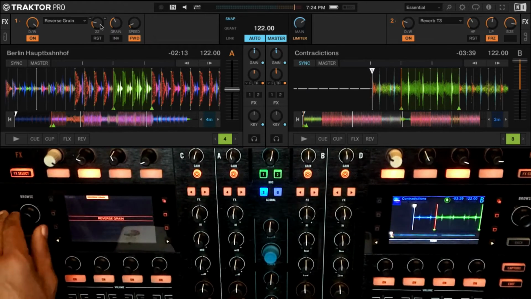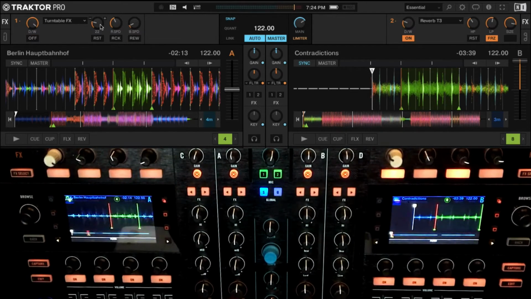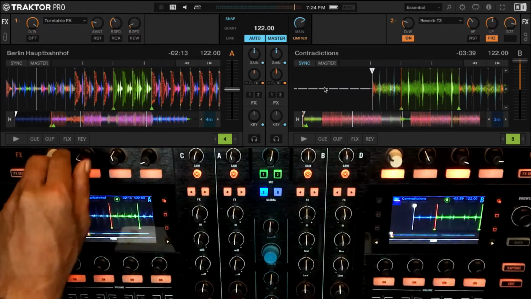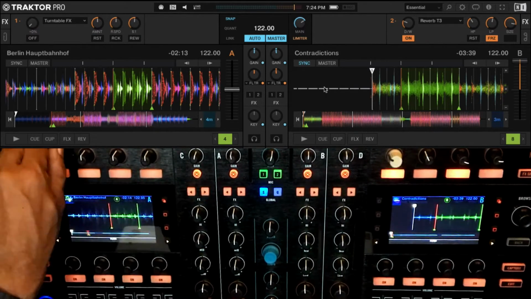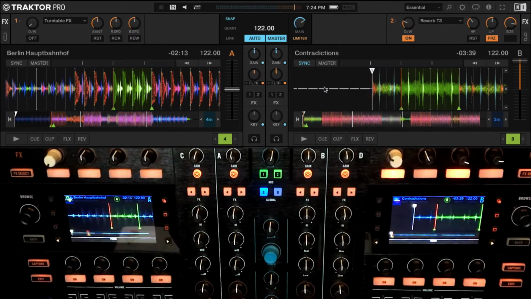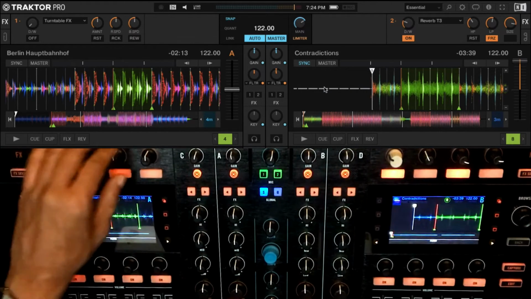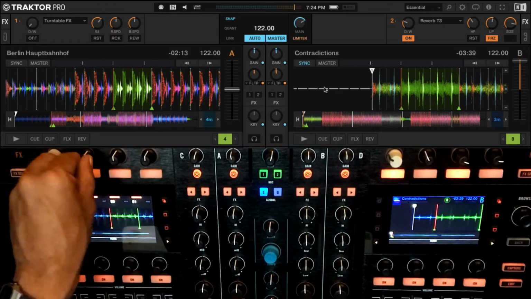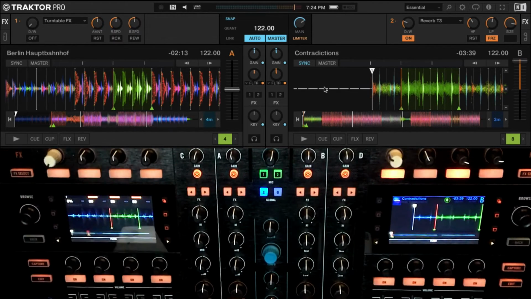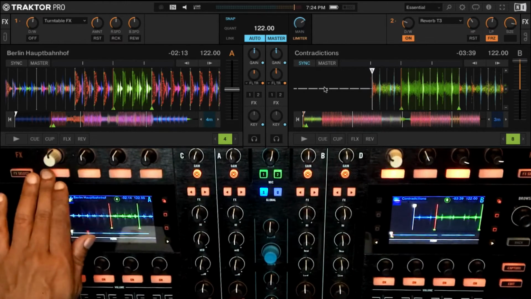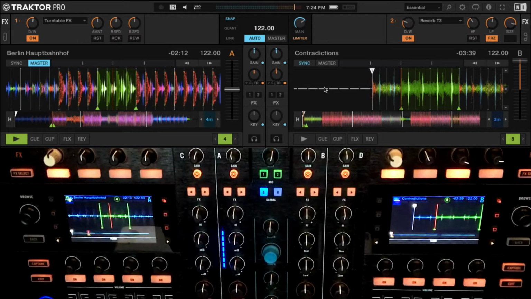Okay. So the next one is turntable effects. I would say this is probably the most lame effect that's there in Traktor, but it can be used in a creative way, of course. So it's going to emulate a turntable slowing down with 3 parameters to it: how much time it takes to slow down, the stop speed, and the start speed. Okay. So let's basically set it up to maybe 50%.